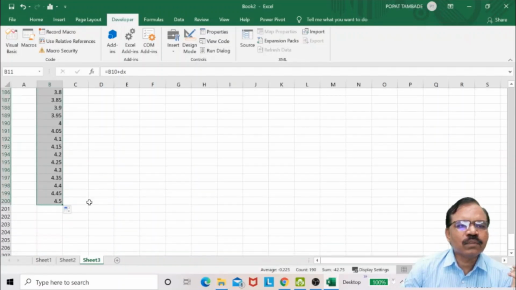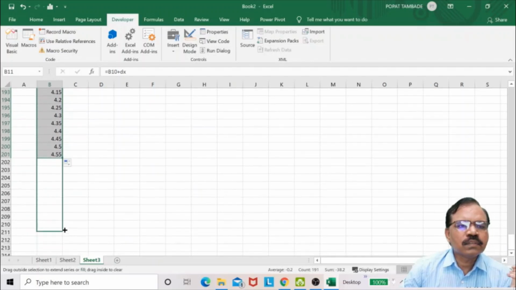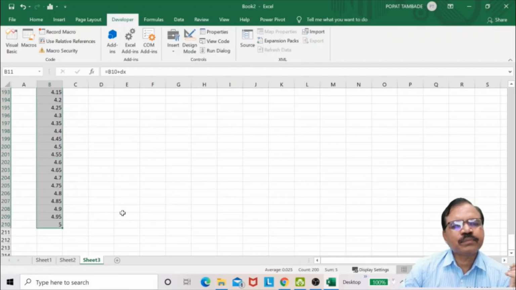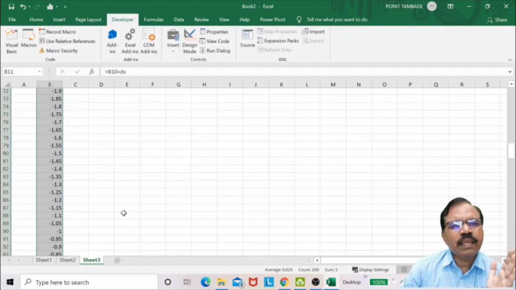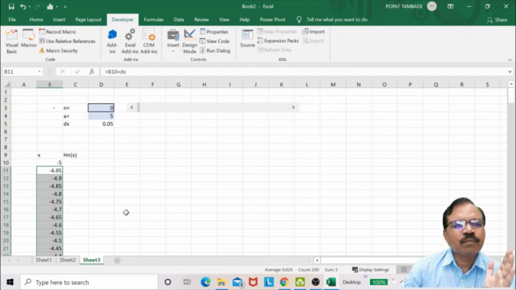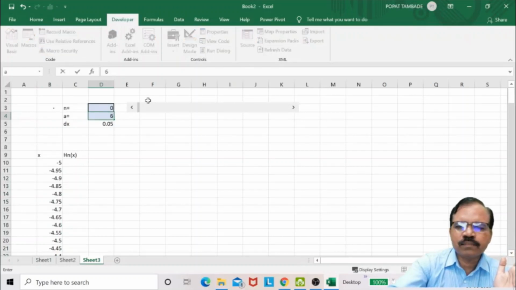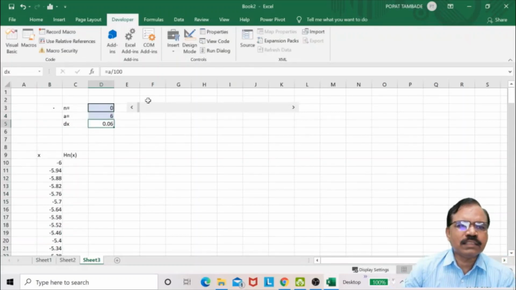So here I have x. This is x from minus 5 to plus 5. If I change the value here to 6, then you will get minus 6 to plus 6.